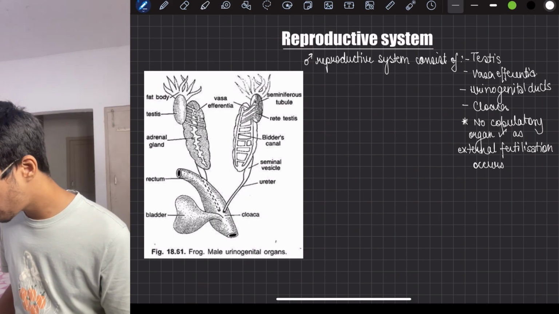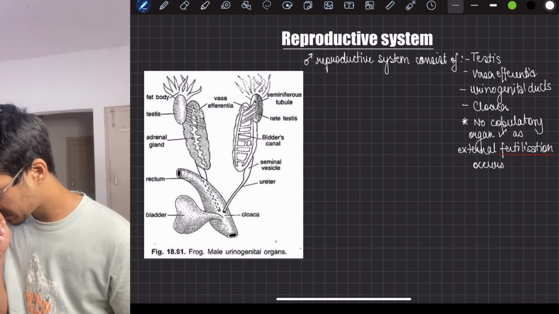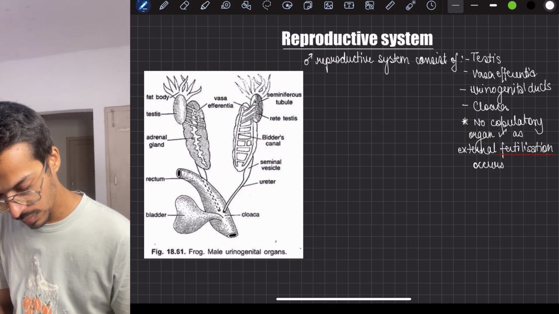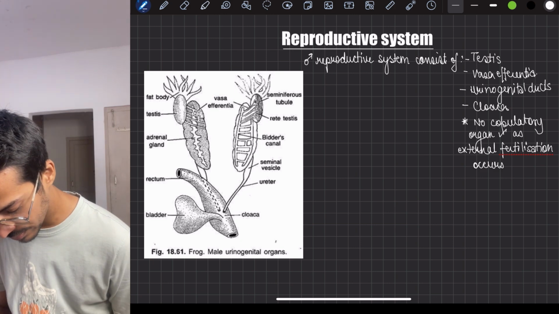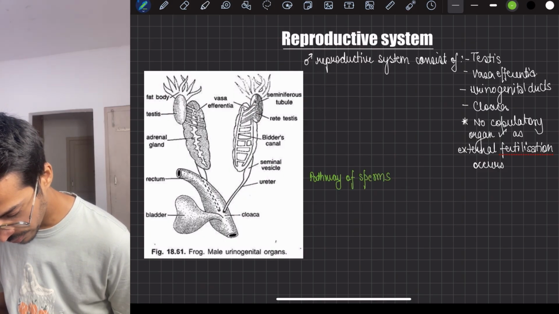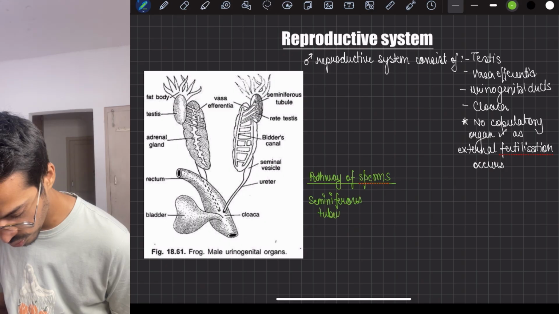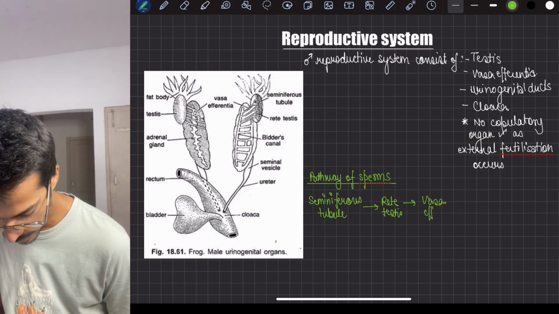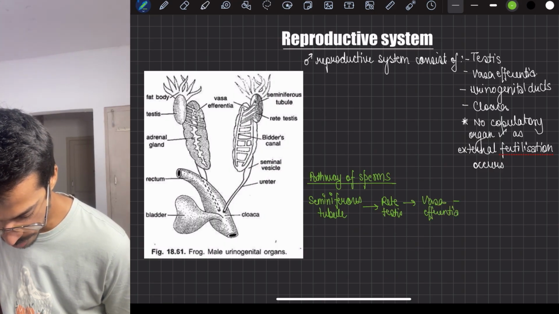Okay, next thing would be the pathway of sperm. So first thing is seminiferous tubule. From seminiferous tubule it goes to rete testis, it goes to vasa efferentia, from vasa efferentia it goes to Bidder's canal,